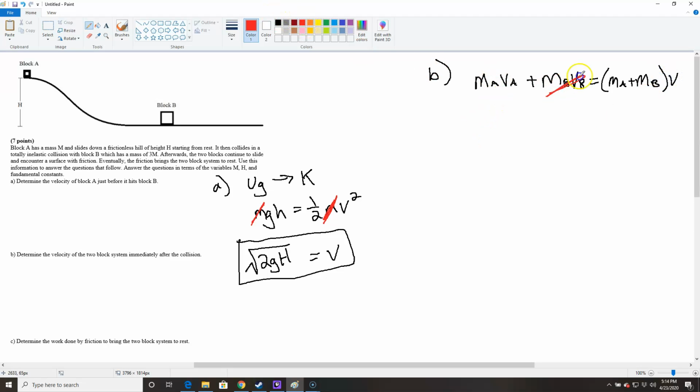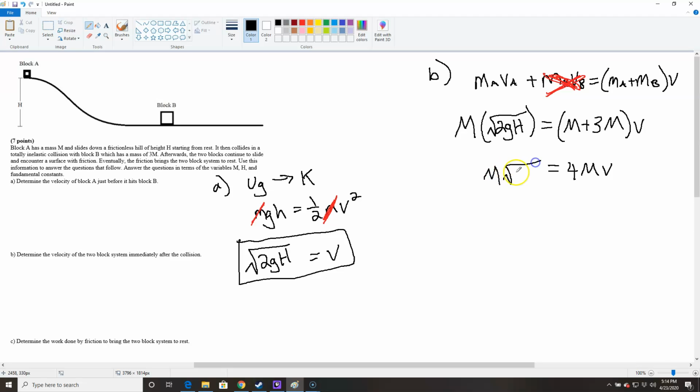On the left side, block B was motionless, so that term goes away. The mass of block A is m. The velocity of block A was the root of 2gH. Inside here, we have m and 3m, times v. So this will be 4mv equals m times the root of 2gH. The m itself cancels out, and the velocity after the impact would be 1/4 of the velocity of block